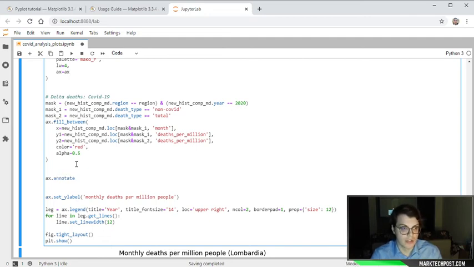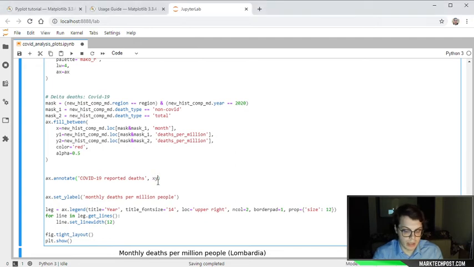It takes as an argument the text, so the COVID-19 reported deaths. Okay. We tell where the arrow points